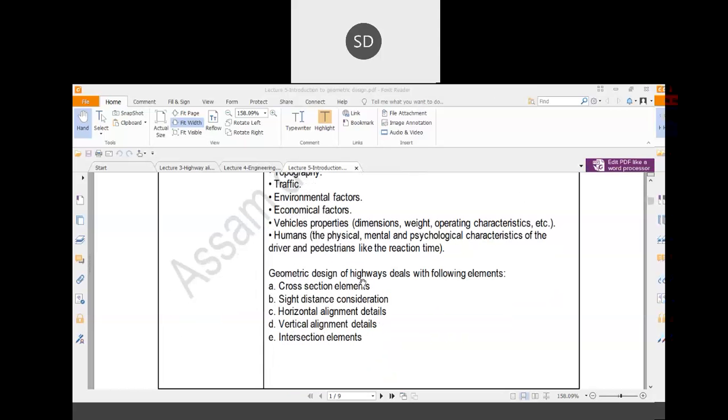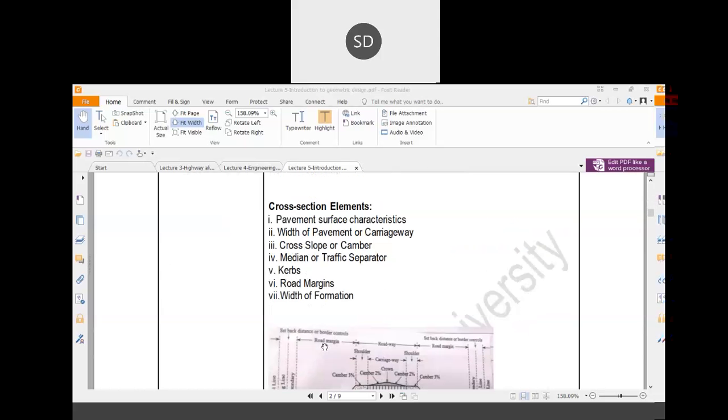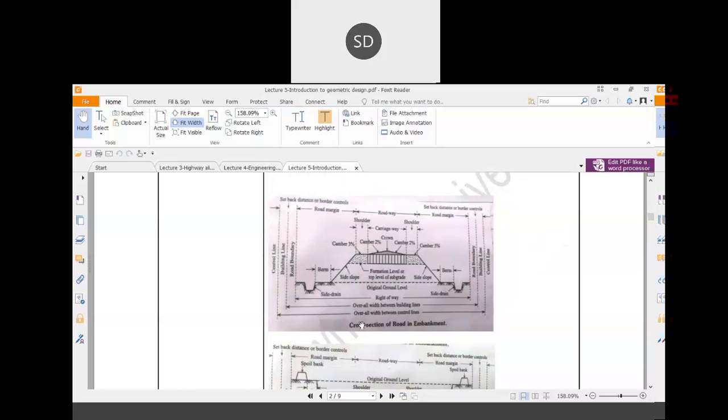So geometric design of the highway deals with the following elements which we have discussed already: cross-section elements, sight distance consideration, horizontal alignment details, vertical alignment details, and intersection elements. Now, let us discuss the cross-sectional element. In the cross-sectional element, different portions are there, like pavement surface characteristics, width of the pavement or carriageway, cross slope or camber, median or traffic separators, kerbs, road margin, width of the formation. So these are the things which fall under cross-section element. These are the typical